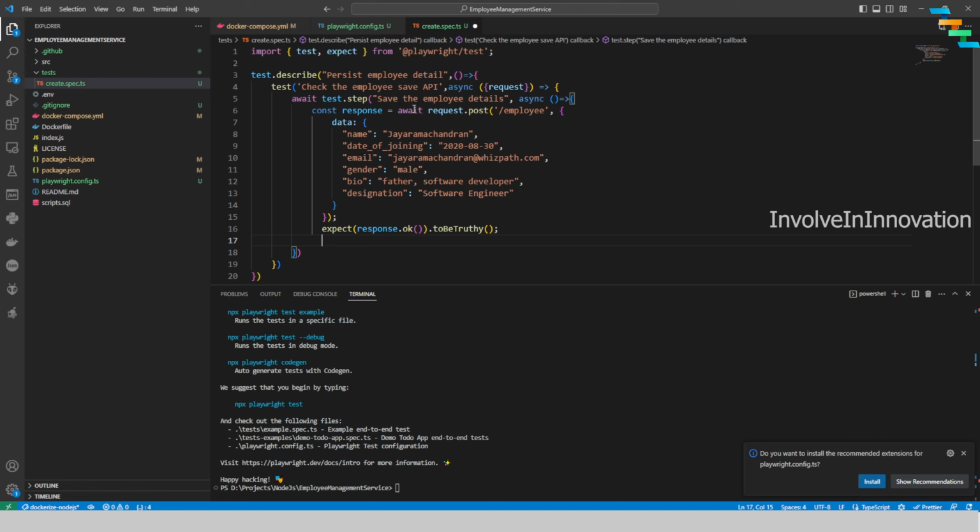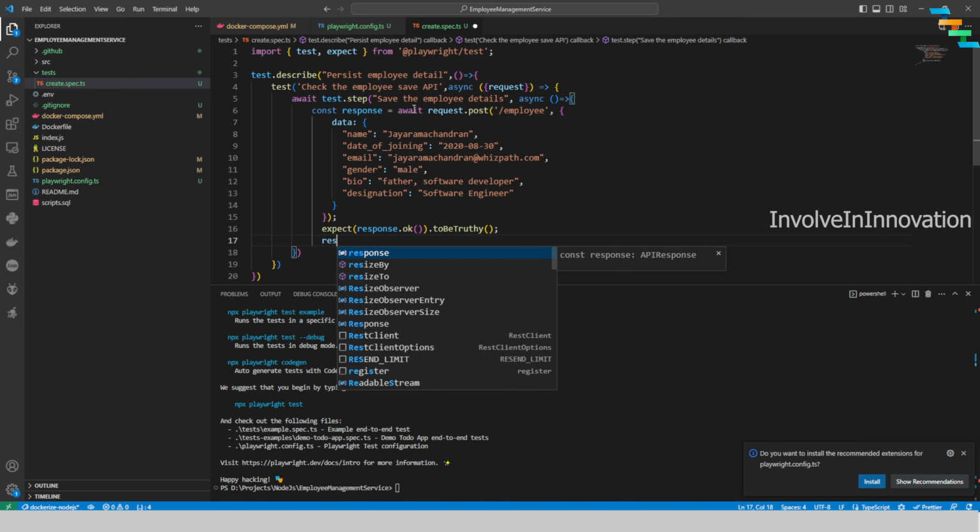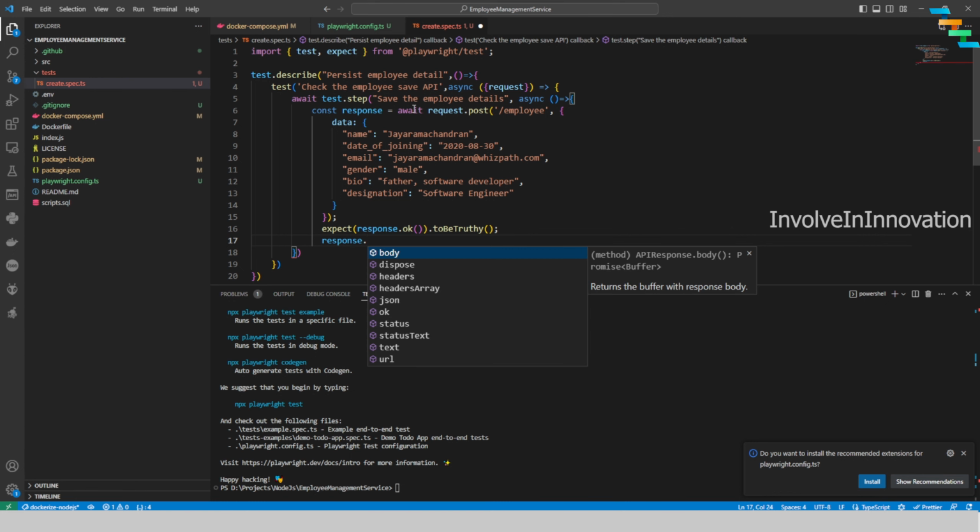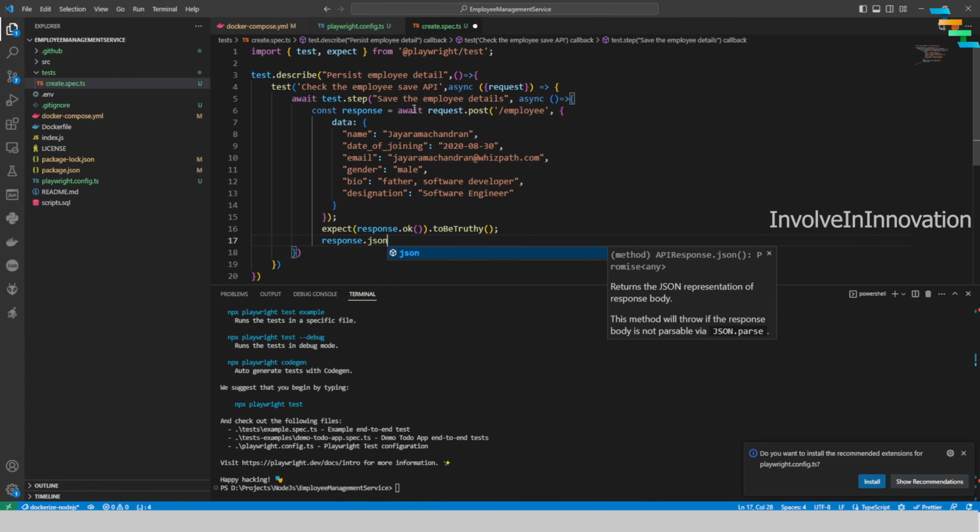Next we will try to validate the data. To validate the data, you need to parse the response. This is a promise you are getting back, so you need to await on the response.json. You can use the response.json method. This returns a promise, so I need to use the await keyword here, and then I can store this in